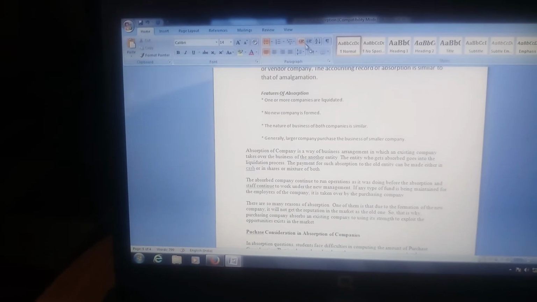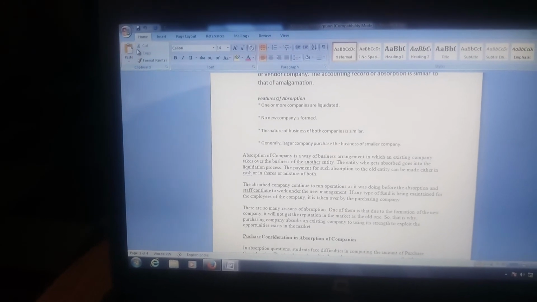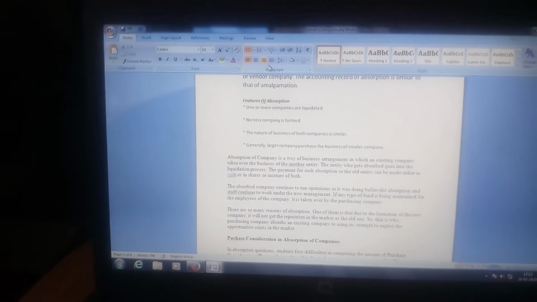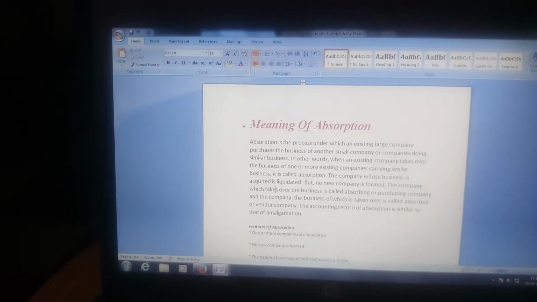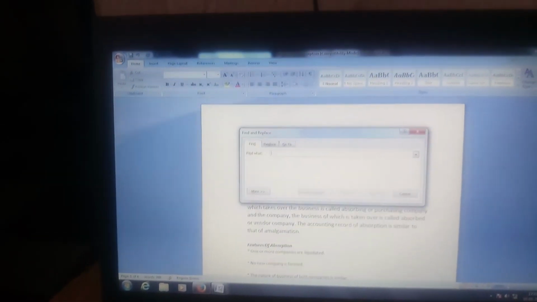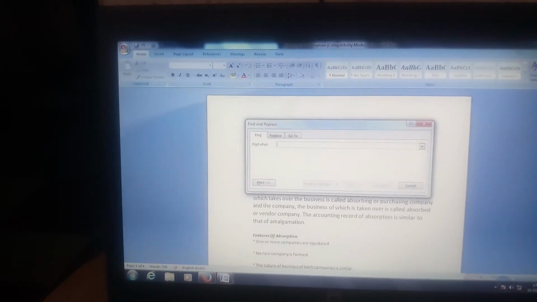We have more options. We can create a table too. While using the options, if we need to find any words, at the left corner we have the option of find, replace, editing.